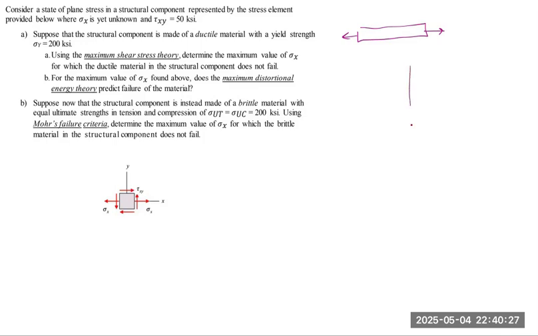And it looks something like this. For the maximum shear stress theory, we have this sort of diamond-looking graph. And for our maximum distortional energy theory, we have kind of an ellipse